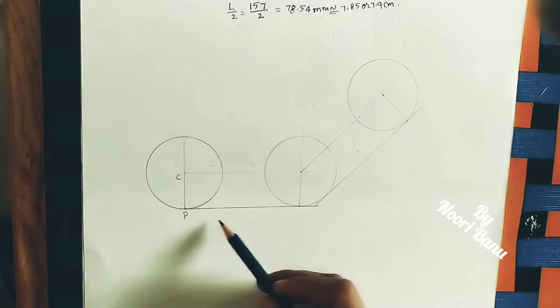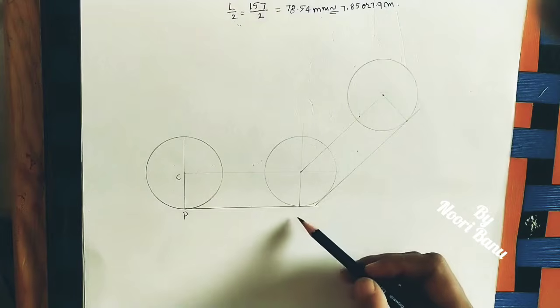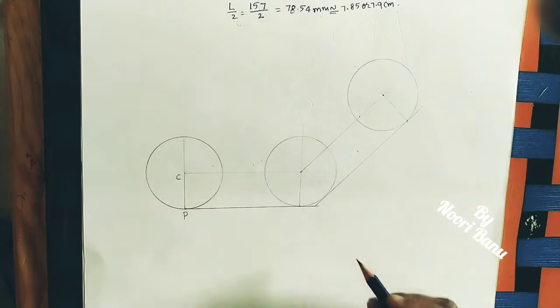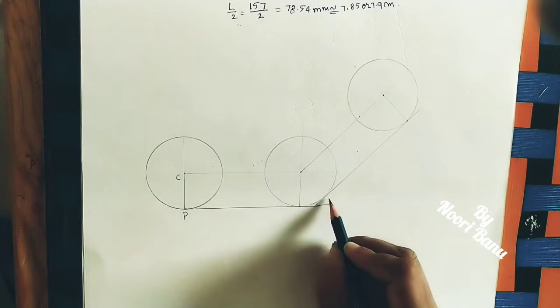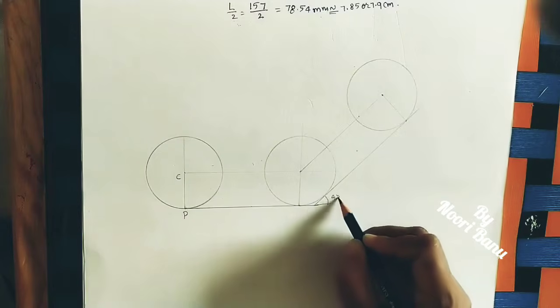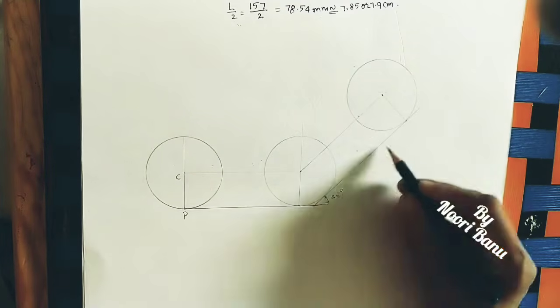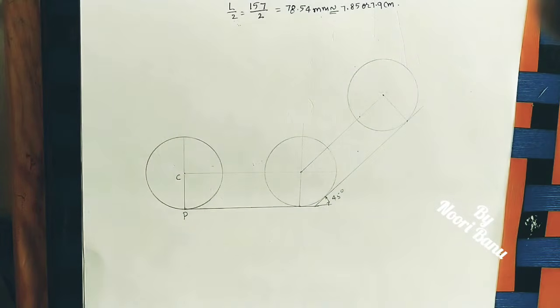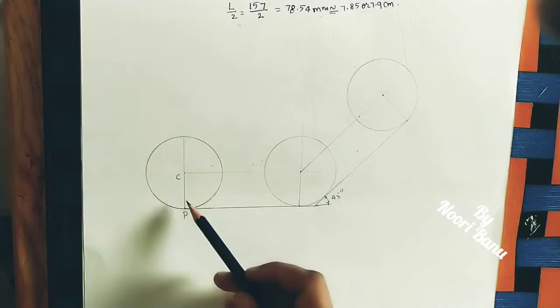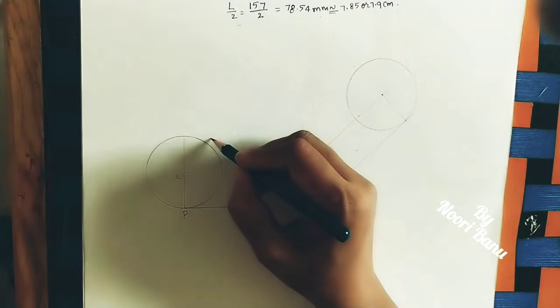Like that, the circle is moving half distance horizontally and the remaining half distance at 45 degrees. If you take this angle, it is nothing but 45 degrees, because we took the line parallel to this. This was already 45 degrees, and this line is also 45 degrees. So after getting the path, here the circle is rolling in this direction.